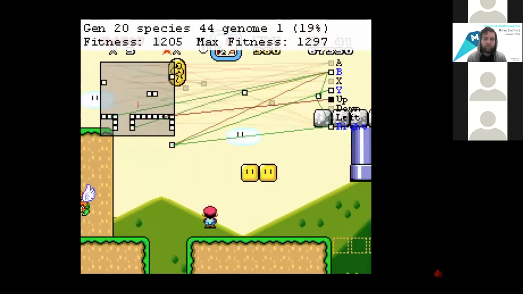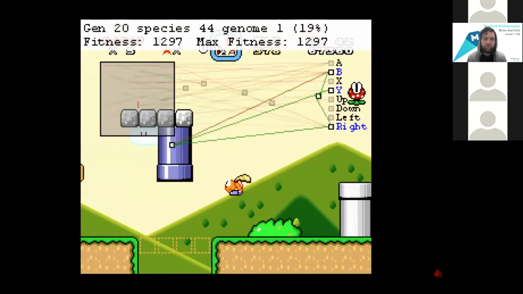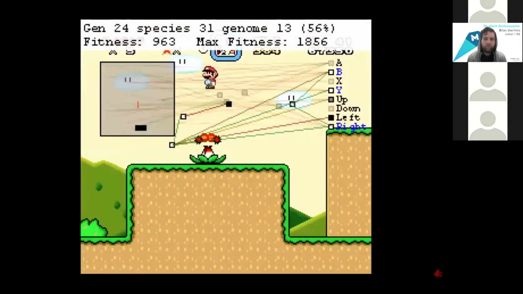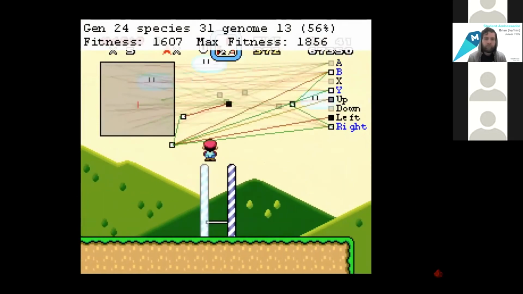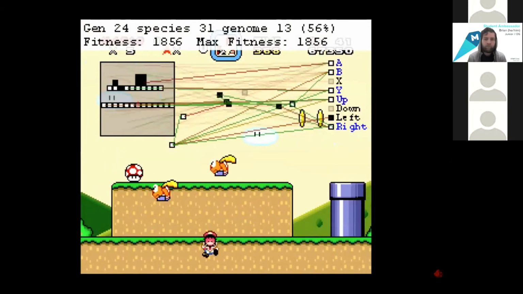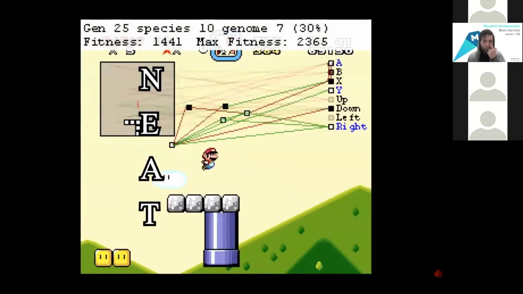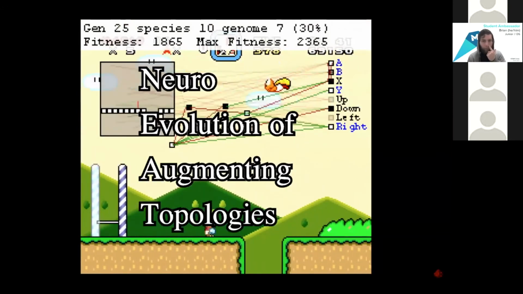And though we don't yet have enough computational resources to produce something on the level of the human brain this way, it's kind of neat to see what it can do on one of my favorite games. I didn't come up with this idea on my own. This algorithm is called NEAT, which stands for Neuroevolution of Augmenting Topologies.